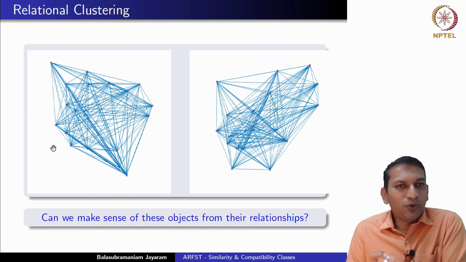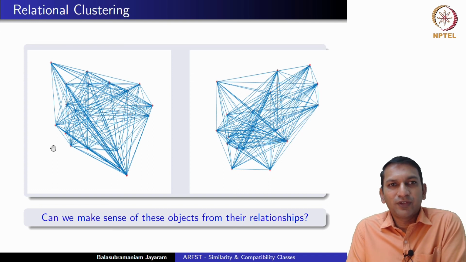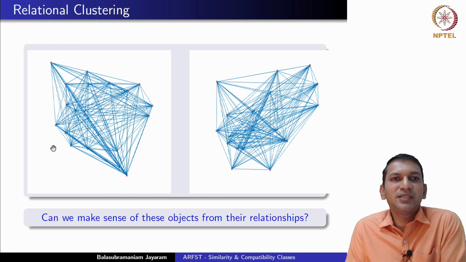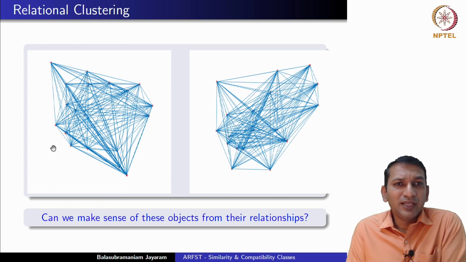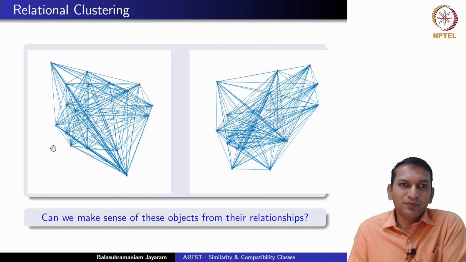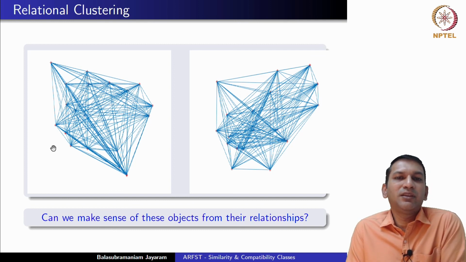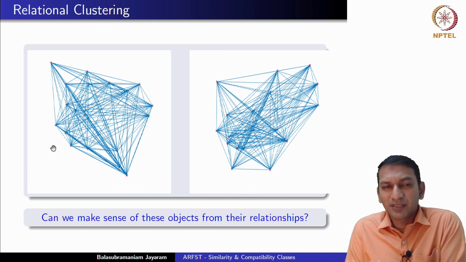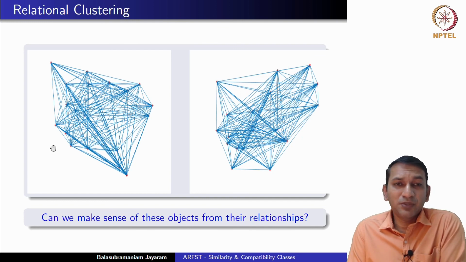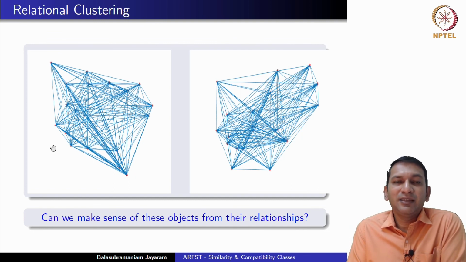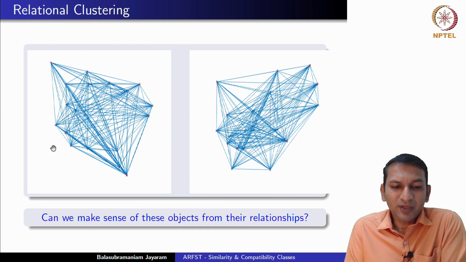But remember, if you want to look at it from the lens of fuzzy relations, then what you would perhaps want is actually a fuzzy equivalence relation, a similarity relation. However, often these are data that are given to you. We do not have a nice mathematical form which generated this, and often they end up being only compatibility relations. That means they are only reflexive, or they could be made reflexive. They are symmetric typically, but they may not have transitivity. And even if they have transitivity, perhaps, but as I said, you may not be able to find out what is that transitivity, and it may not be meant transitive. So the question is,